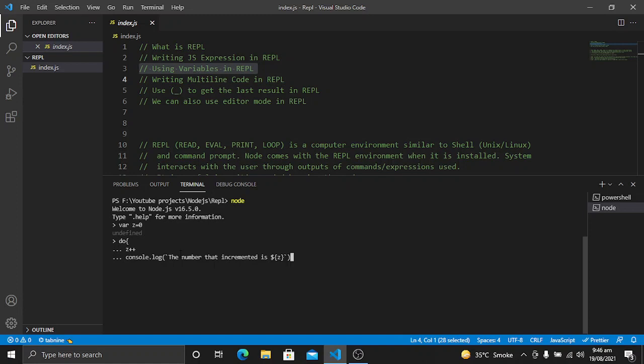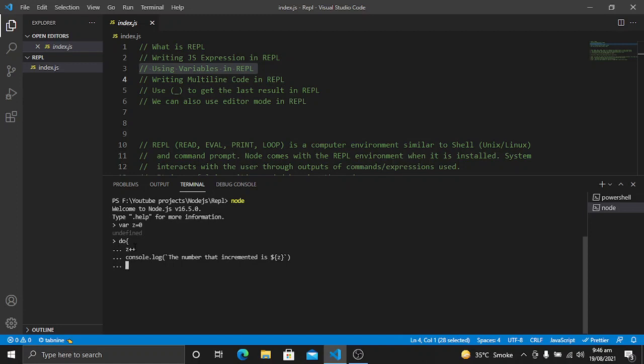So what we will get from the console log is the number that has been incremented. For example, if it is 0, we will get number 1, and then the number will be incremented further, and then we will write the logic in the while loop for how long we want the number to be incremented.